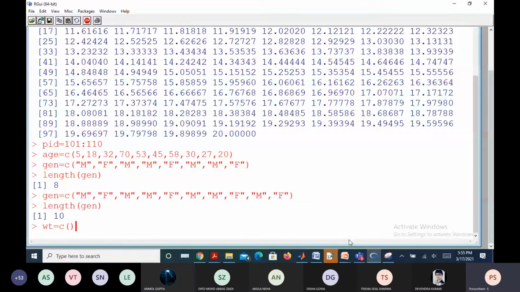Can I give some weight values? So 30 for a 5 years old would be 10 kg, I think. Logically you define it by keeping in mind the age, or you forget about the values in age and go with your own random values for weight. Because it is for testing purposes, you can take your own values, nothing wrong.